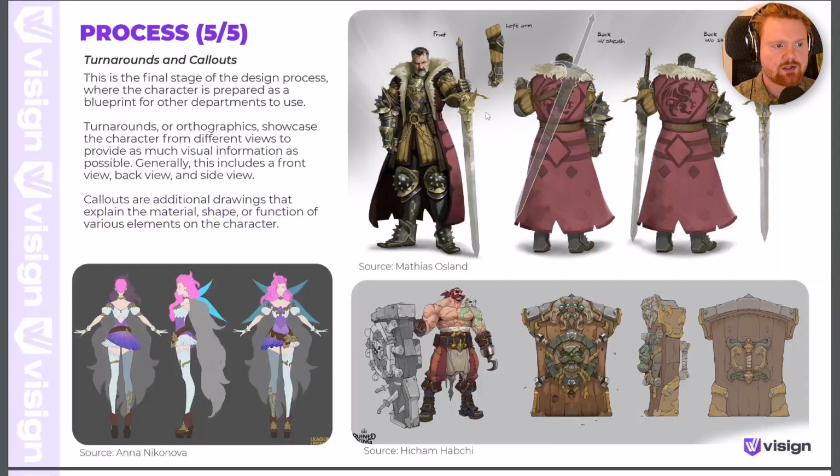And then we're moving on to turnarounds and callouts. So this is the final stage of the design process, where the character is prepared as a blueprint for other departments to use. Turnarounds, or orthographics as we sometimes call it, showcase the character from different views to provide as much visual information as possible. Generally, this includes a front view, back view,